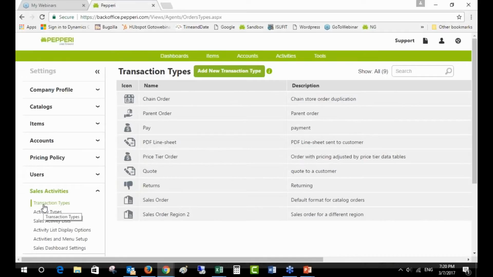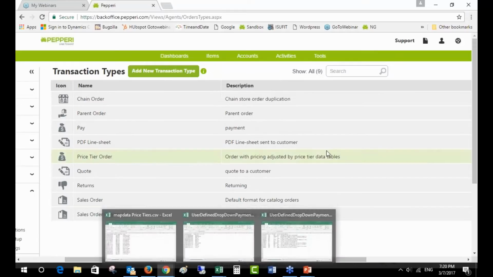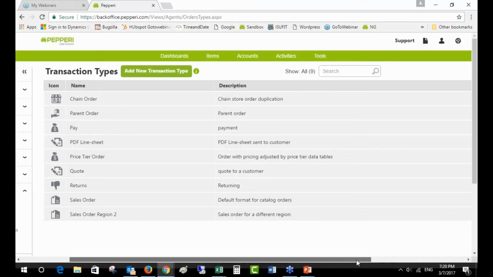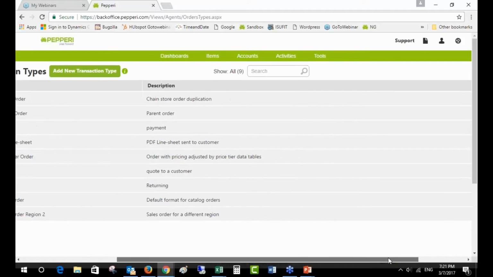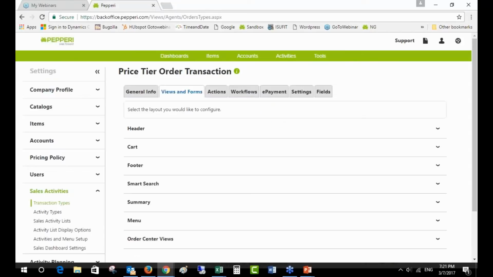All of the configuration, the creation of these advanced custom fields, takes place in the transaction types. You will edit the transaction type that you want to create these advanced custom fields, these calculated fields, for. So I have a transaction here called price tier order. That's the one I'm going to work on. So let's edit that one. And in the Fields tab,